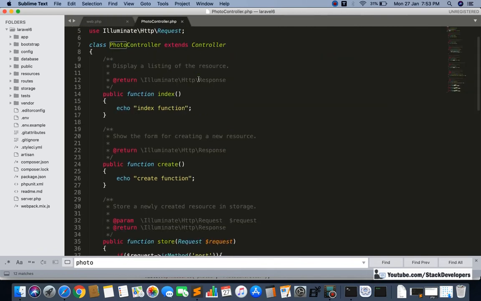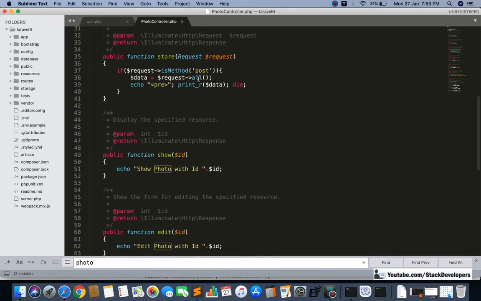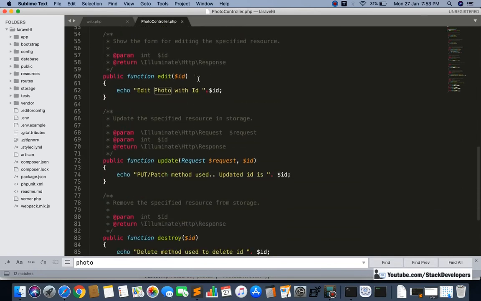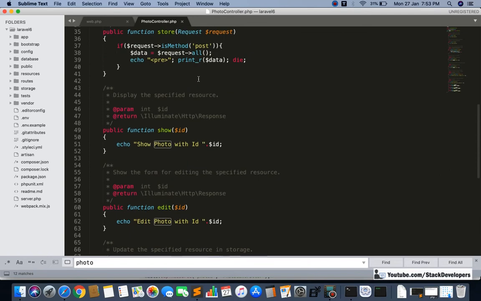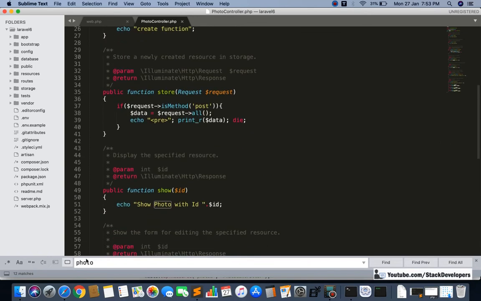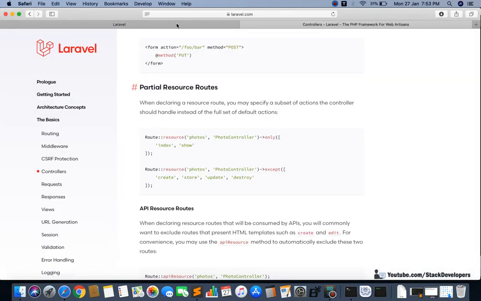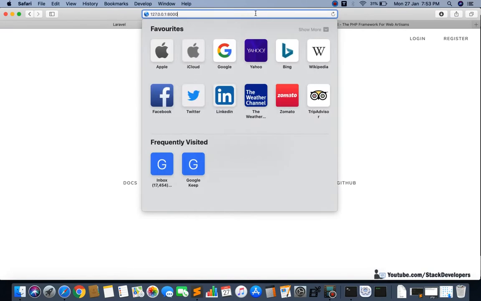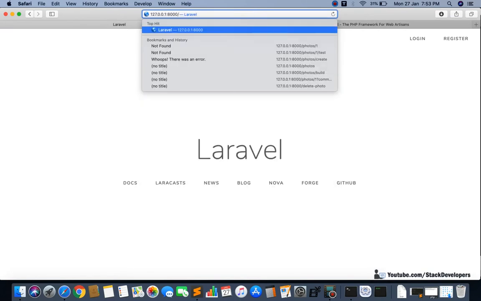So I don't want any other function. I don't want the store function, the show function, the edit function, or the update function. All these functions I don't want. So I'm going to run one of the functions. Let's see, I'm going to run the edit function here. We already know that it will work like this,